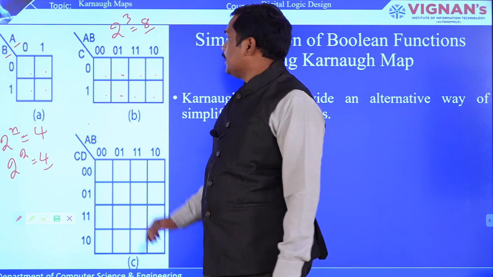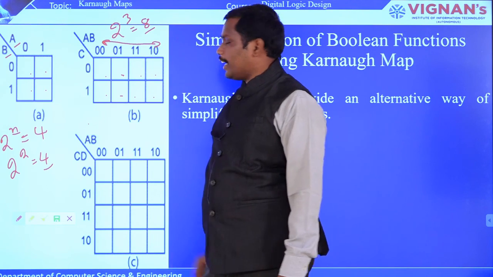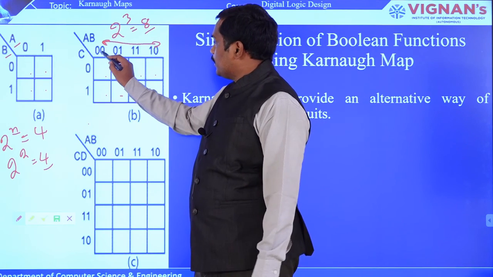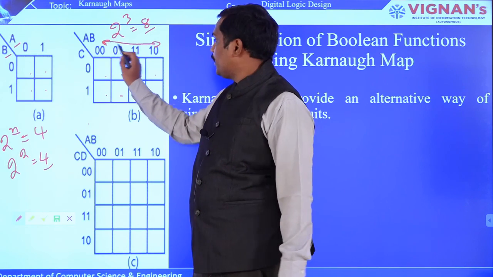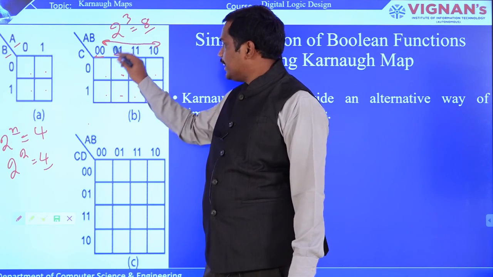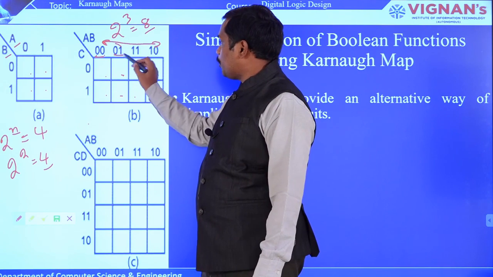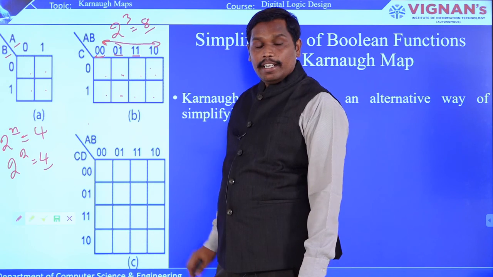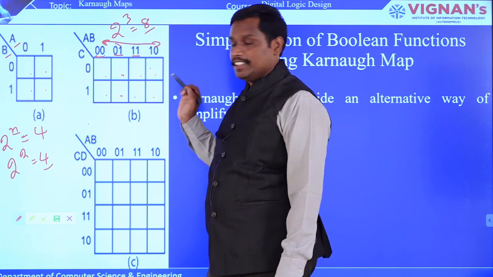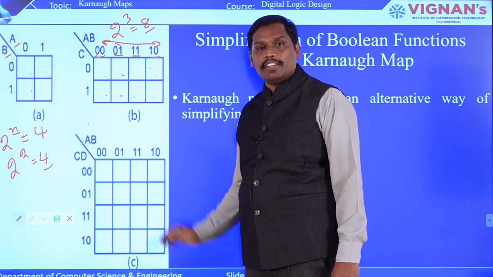So how to represent this is important. So here you can see this particular sequence is called gray code sequence. So gray code sequence, I hope that you people remember that there should be only 1 bit difference when you see side by side. That is like 0, 0, then you can see here 0, 1. So the change of bit is only 1. That is the second position, it is 0 to 1. And then from 0, 1, you have to write 1, 1, because that is what we call gray code sequence that we are following, or single bit change. Okay, so from 1, 1, you are going to write 1, 0. This is how you are going to construct a Karnaugh map for 3 variable map.